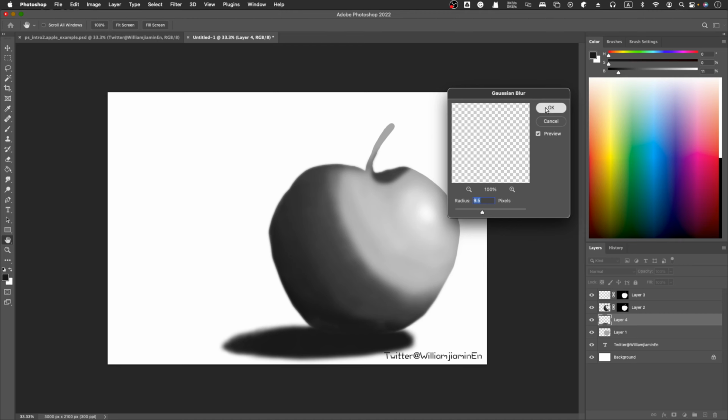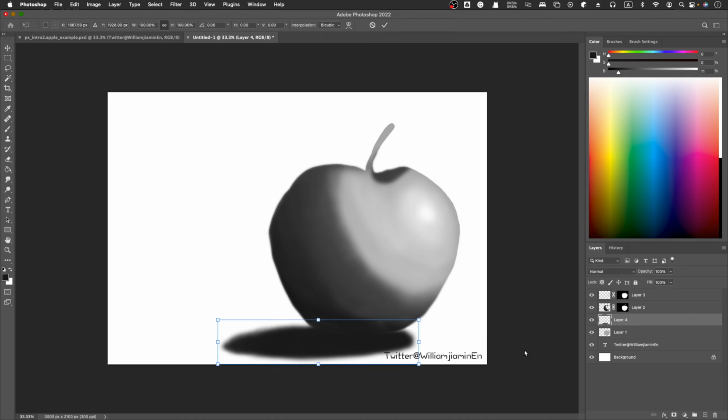And of course you can adjust the whole layer's position by Command and T to get this more